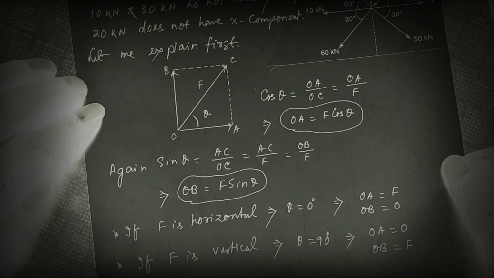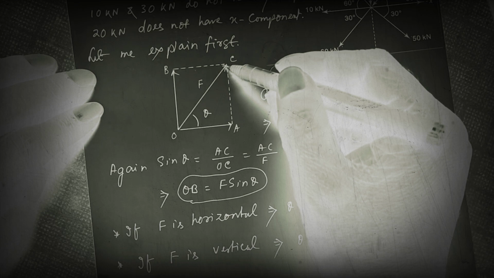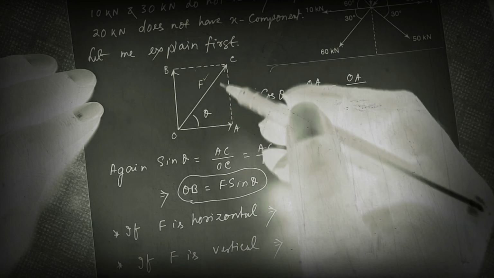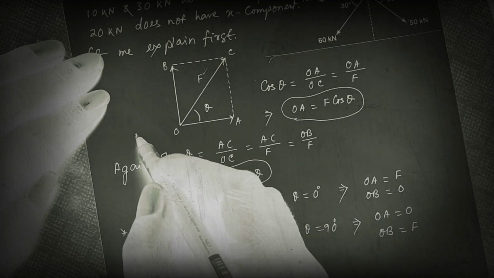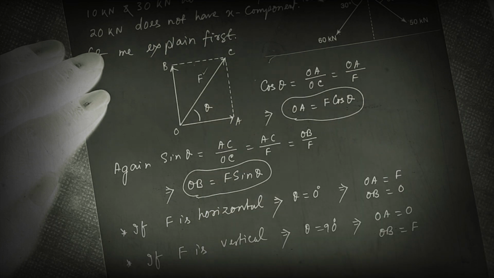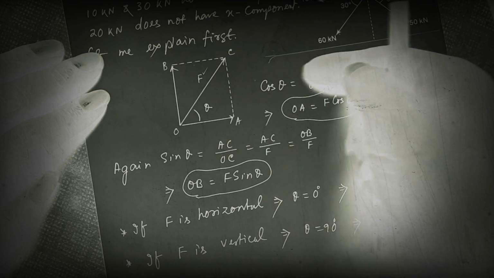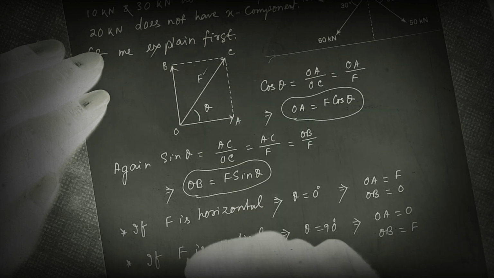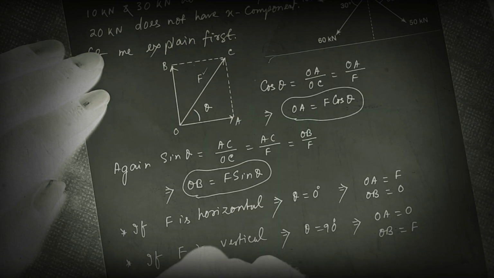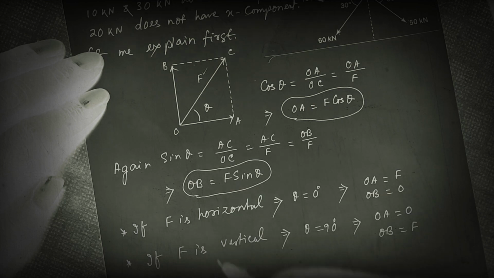Let OC, this length, this vector OC pointing in the direction C represents a force F. Now, this is your x-axis, this is your y-axis. If you project this force F, means if light is falling from this side, to explain you why I'm saying so, then from O to B will be your Y component of F, and if you drop a perpendicular from here, OA will be the X component of F. Let this angle be theta.